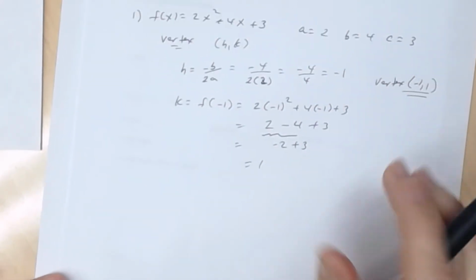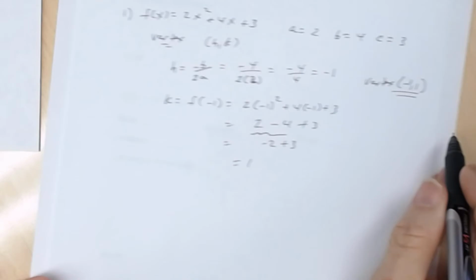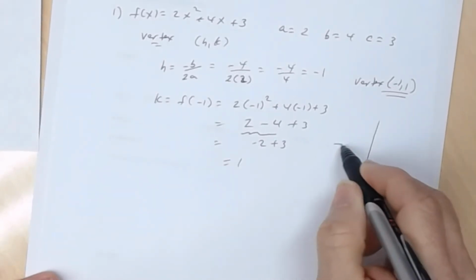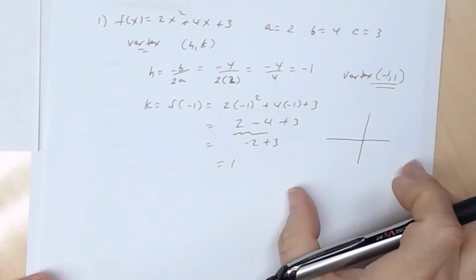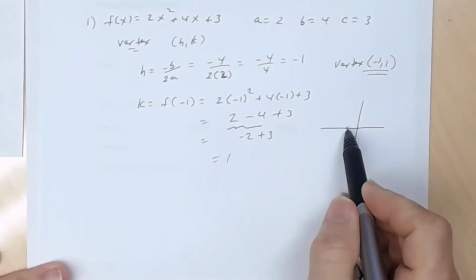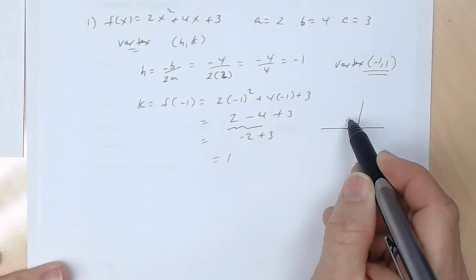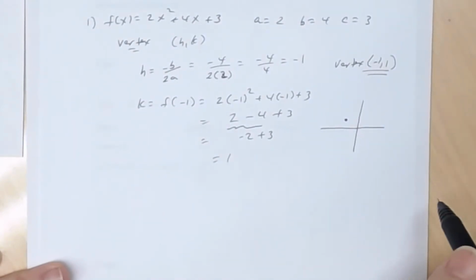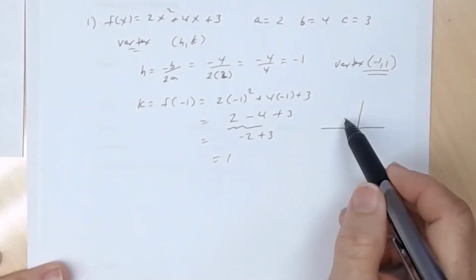So in your mind, this is what you know so far. And so you're going to think like this, like I'm about to do. I know that my vertex is negative 1, 1. Negative 1, 1 is in the second quadrant, right? Okay. And I know that my